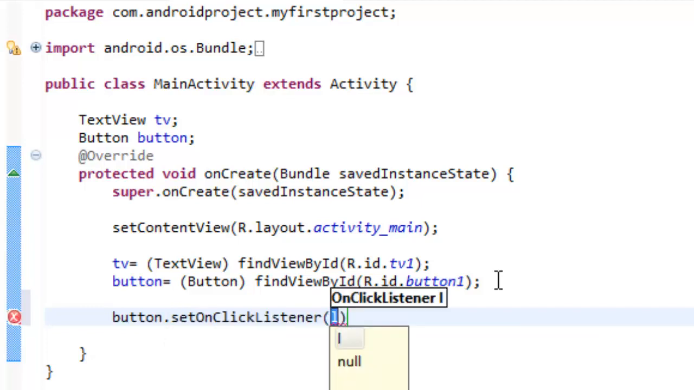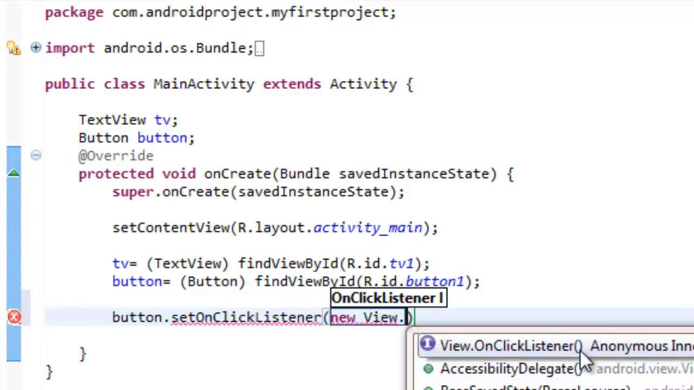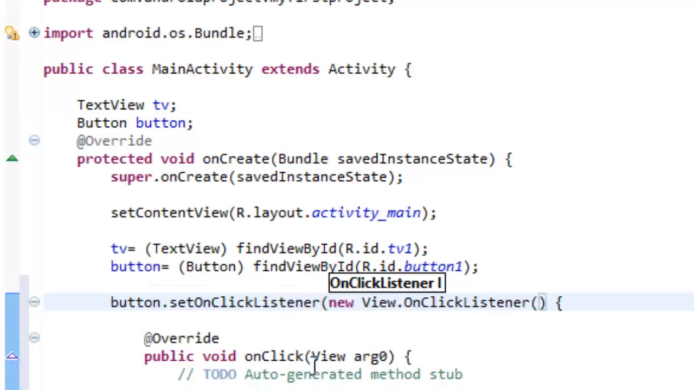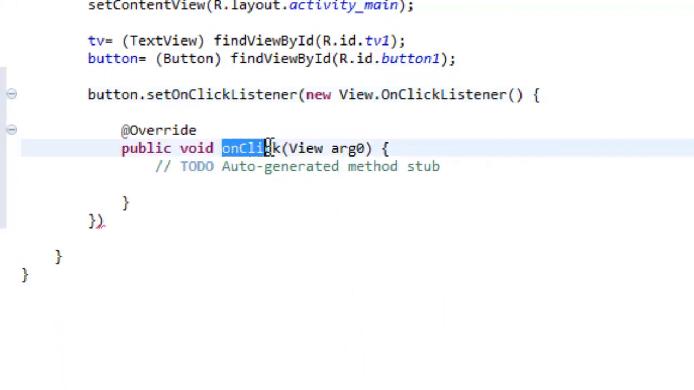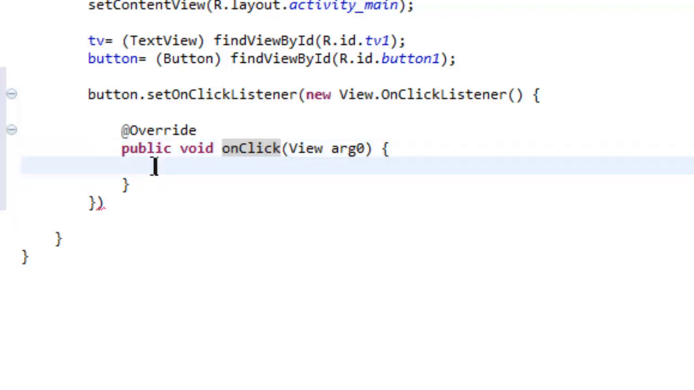This method takes parameter as view.onClickListener. Select onClickListener from this, and this onClick method is the main method which contains all the statements which are going to be executed whenever the button is clicked. And for an example, we are going to change the text of our text view to something else whenever the button is clicked. So I am simply typing here